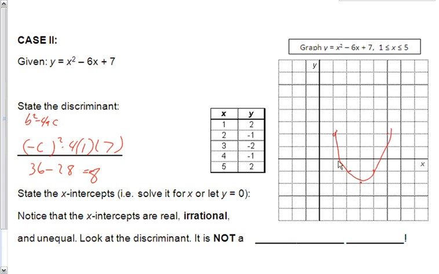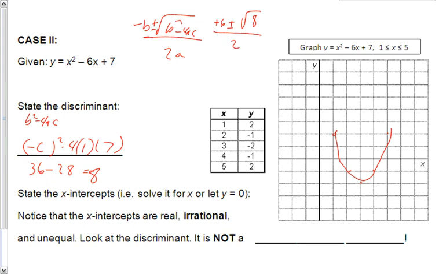Alright? Now notice it doesn't hit in the lattice points. That's because if I look in the quadratic formula, negative b plus or minus the square root of b squared minus 4ac, over 2a, we fill it in. Well, we already know this part, we just found it. It's the square root of 8. So negative b is negative negative 6, so it's positive 6 plus or minus this over 2 times 1,